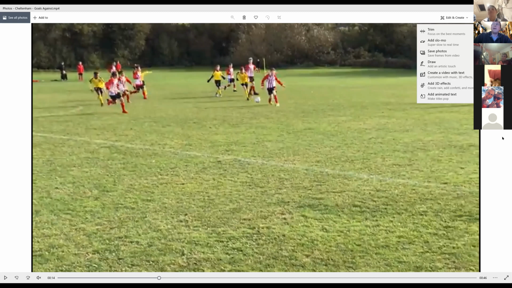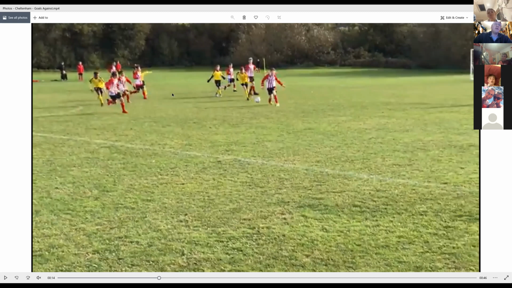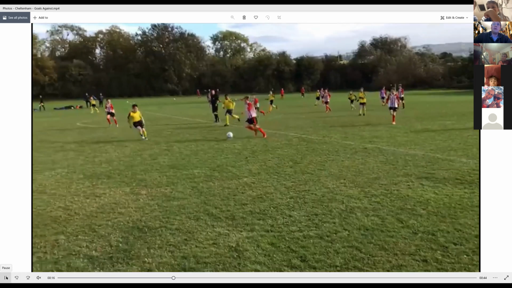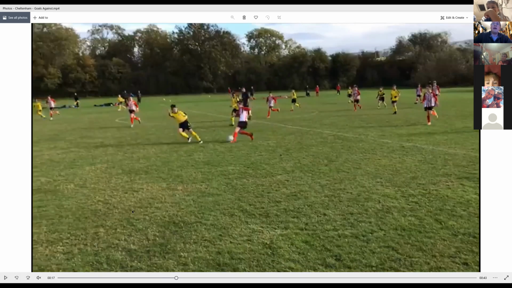So we've gambled, having loads of players going forward. We've lost the ball, so we've now got a massive amount of space for that other player to run into. I'm just going to play it on a little bit more. Okay. So here,